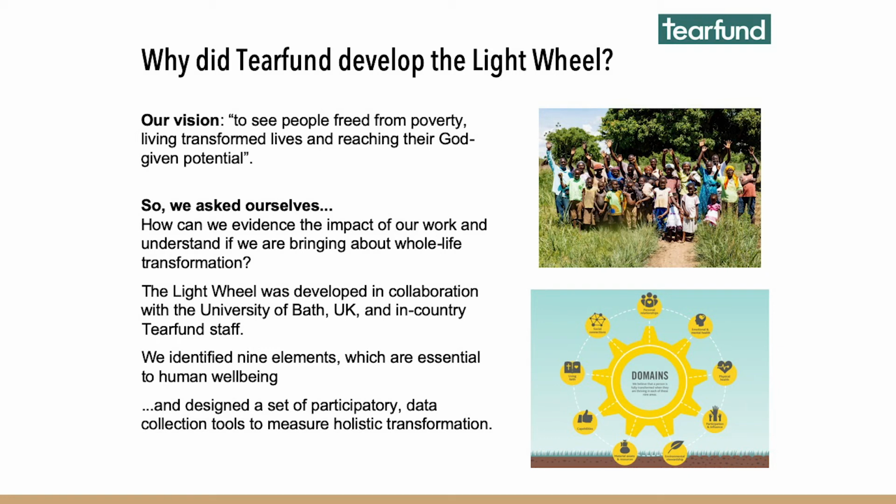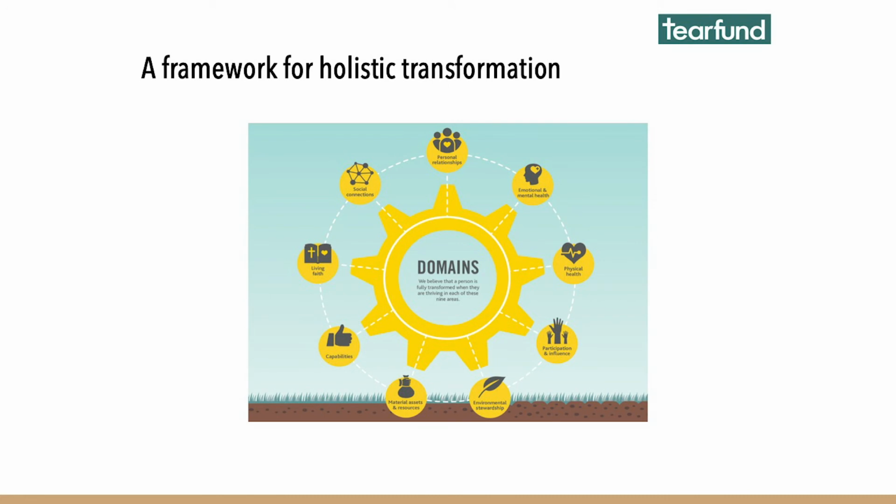So if you just click to the next slide for me. Yeah, so you can see there in a bit more detail what those 9 dimensions are. You can see that it's not only looking at some of those traditional elements like physical health and material assets, but we've also got in there elements such as social connections, participation and influence, mental well-being, living faith, stewardship